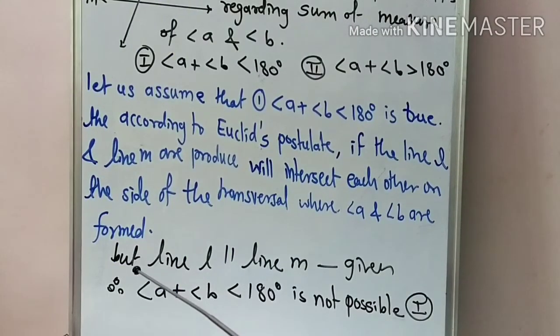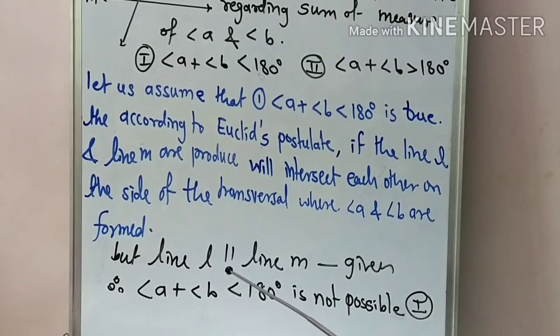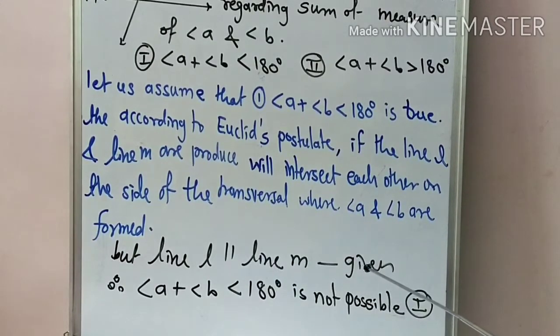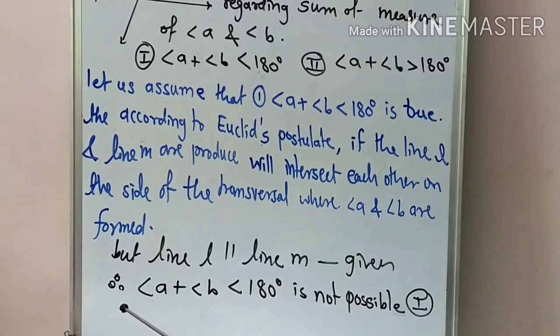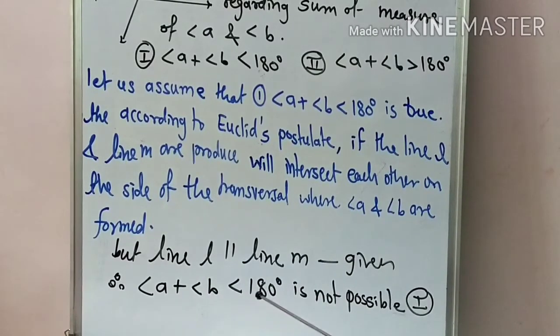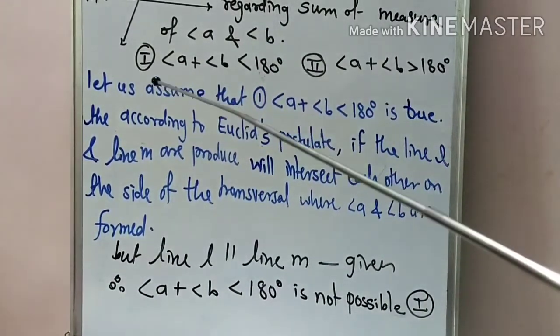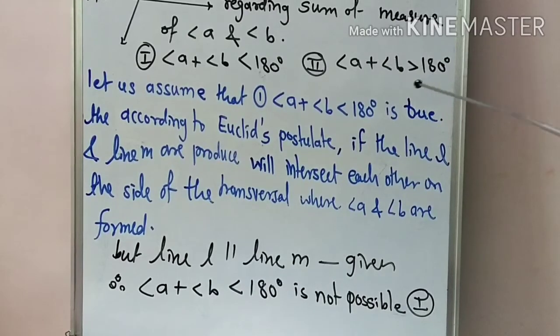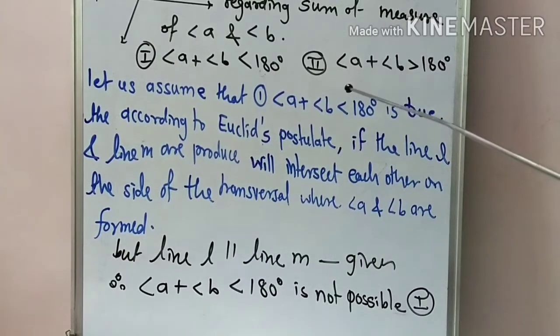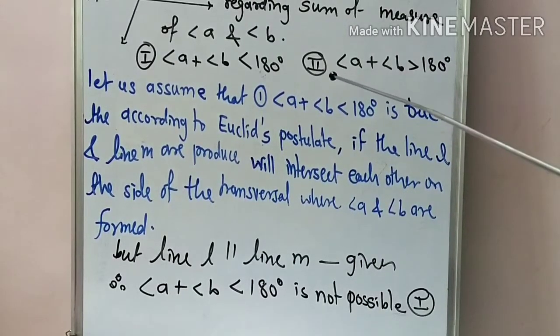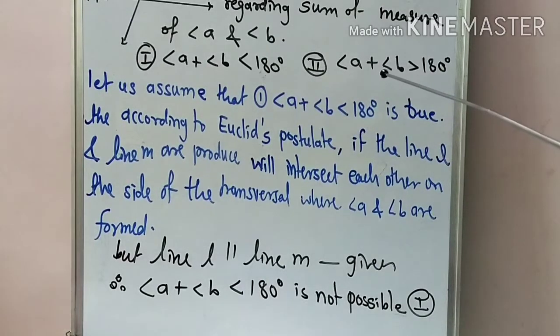So here we write down that line L is parallel to line M, which is given part, and hence, therefore, angle A plus angle B less than 180 degree is not possible. So this is not true. Okay, now the second possibility, as we consider it as true, and same way we show that it is also false, means both are incorrect. So if both are incorrect, then the remaining possibility, angle A plus angle B equal to 180 degree, is true. Okay,